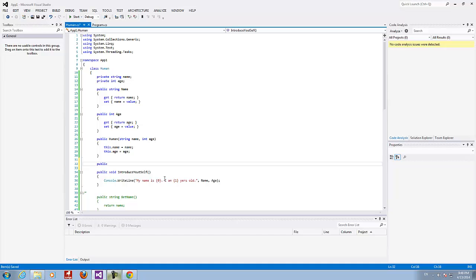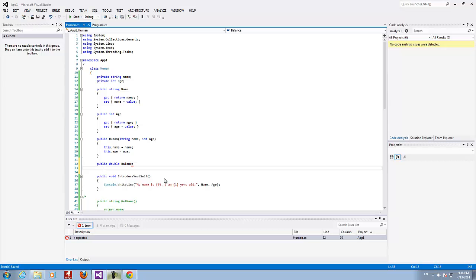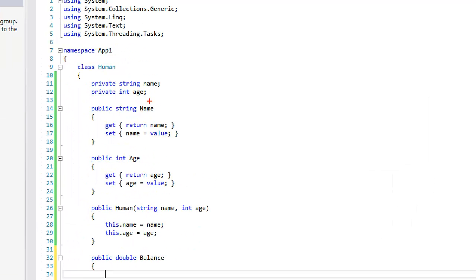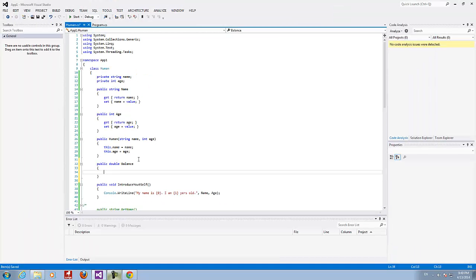Public double balance, and this is a property, and as you can see I don't have a field here where I keep the balance, because the balance each time gets calculated based on some properties or other values.